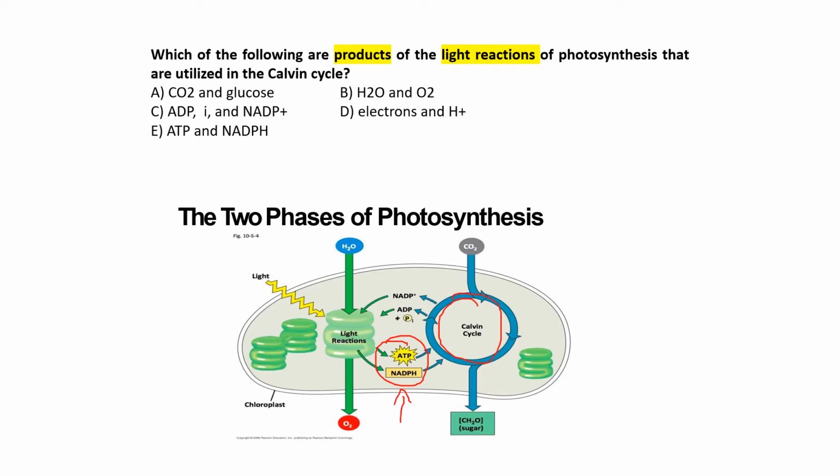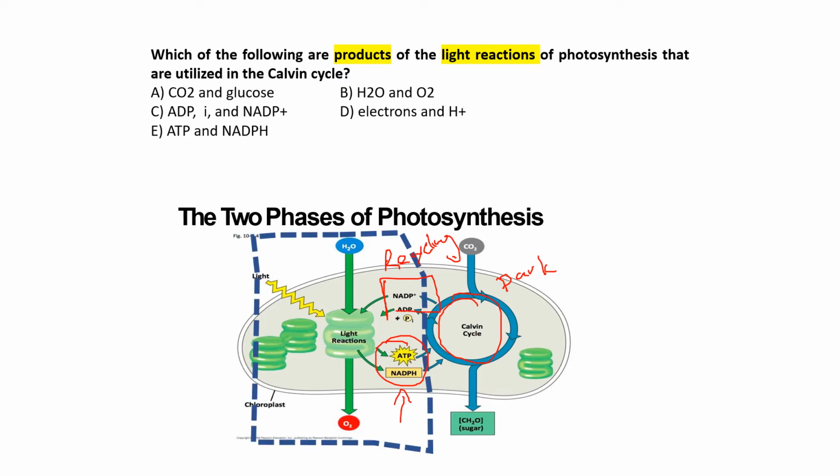And when you have the Calvin cycle, when you have the start reactions, you can recycle this NADP+ and the ATP, so recycling. So the answer again will be this ATP and NADPH. So this is the answer, and I already explained in a previous video why all the other ones are wrong.